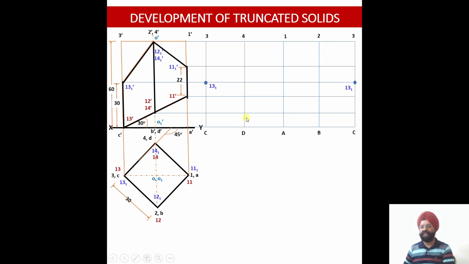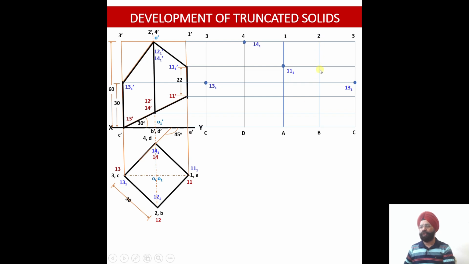Now where my next edge 4D has been cut, it has been cut at the point 14,1 dash. So I'll mark this 14,1 over here. Where my vertical edge 1A has been cut by the first cutting plane, 1A has been cut at this point 11 dash. So I'll mark my point 11 dash over here. This is the point of intersection with the edge 1A.